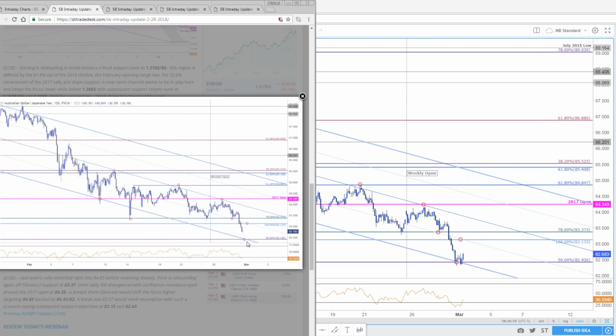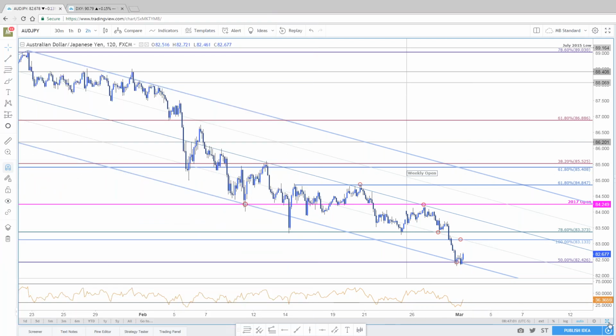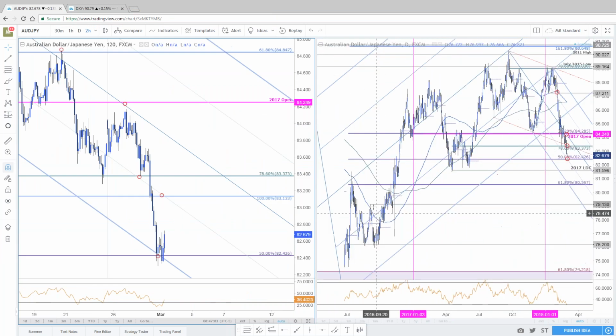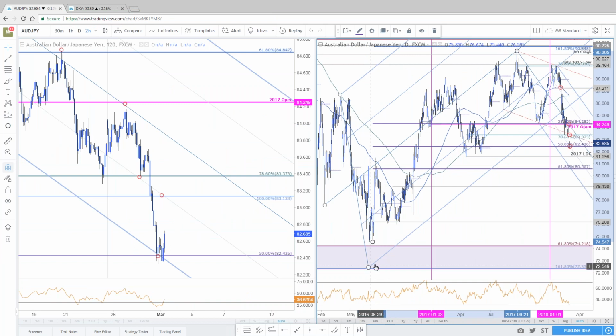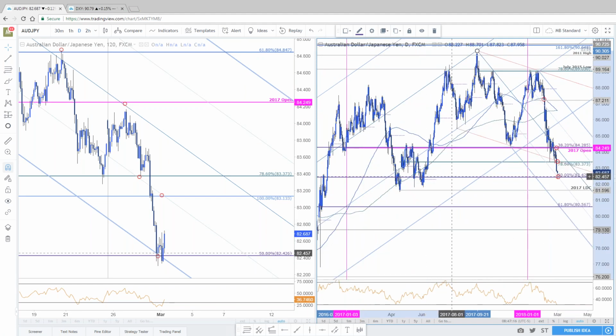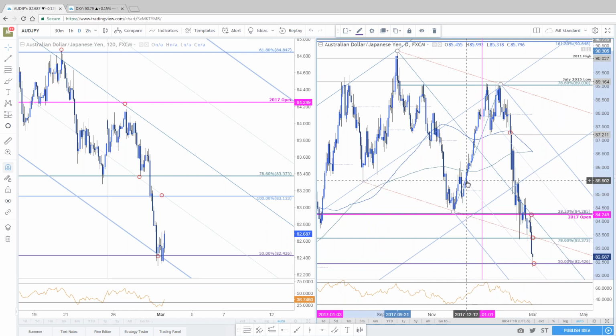the 50% retracement. Now, this 50% retrace, guys, is the longer term retrace from the advance off the lows that we made in 2016. So if you take that advance, not that extreme swing low, but the subsequent low that we made right here in early July, you can see that the 50% retrace converges right on the 50 line. So this is a broader formation.